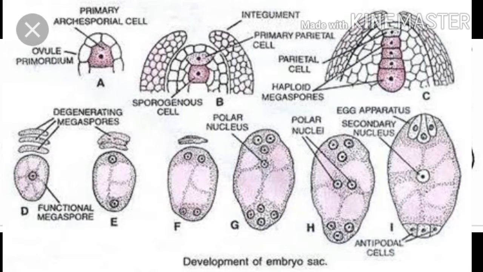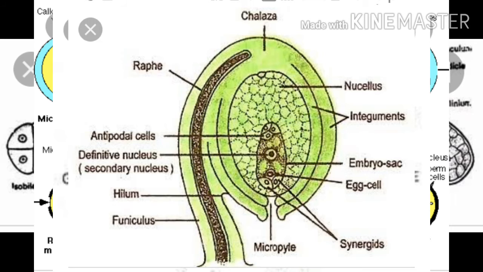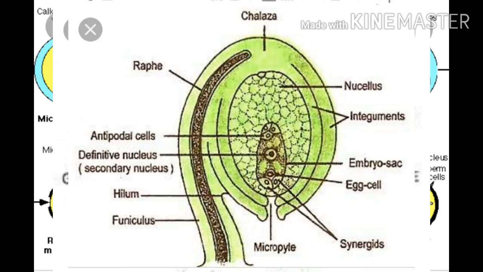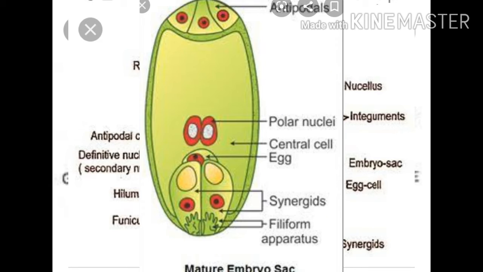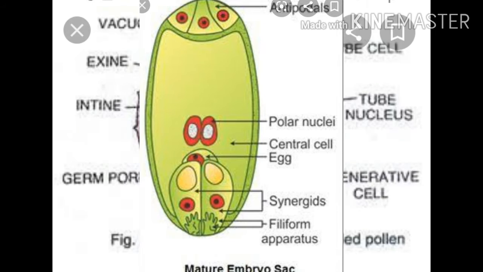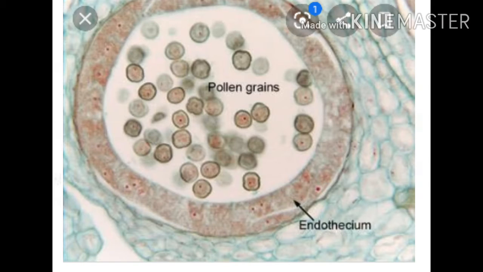Endothelium. In unitegmic ovule, the nucellus degenerates at an early stage and the integument becomes highly specialized to form a single or multi-layered endothelium, also called integumentary tapetum. The cells of endothelium are radially elongated with rich cytoplasm, protein, RNA, carbohydrate, ascorbic acid, lipid, etc. Endothelium is functionally similar to tapetum. This layer supplies nutrition to the embryo sac. In bitegmic ovule, the inner integument may function as endothelium. The occurrence of endothelium has been reported in 65 families of dicotyledons.